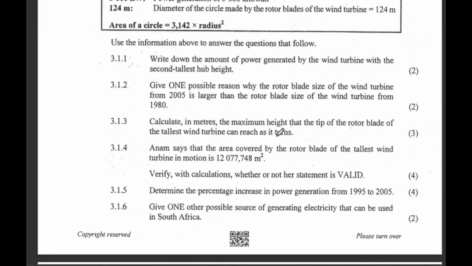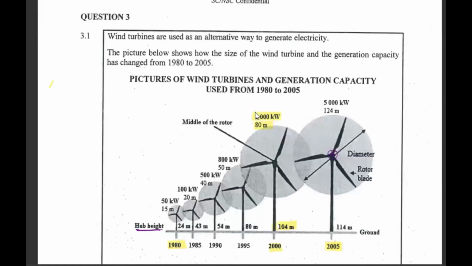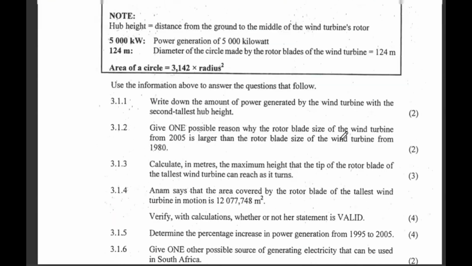Use the information above to answer the questions that follow. Write down the amount of power generated by the wind turbine with the second tallest height. So when you check there, we see this one is the tallest. This one is number 2. So we shall write down the power generation. This was supposed to be 2,000 kilowatts